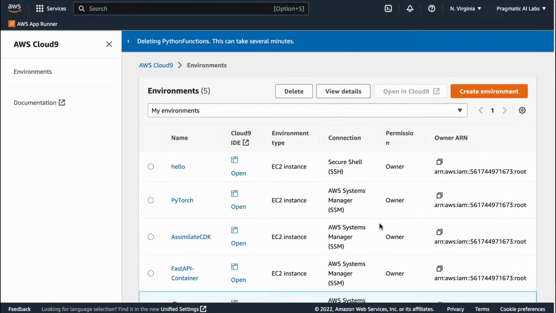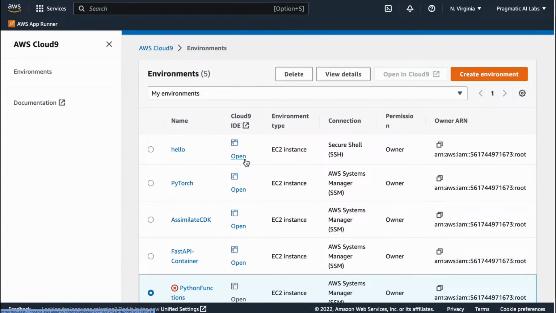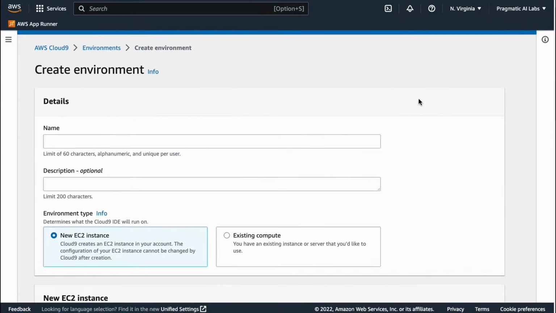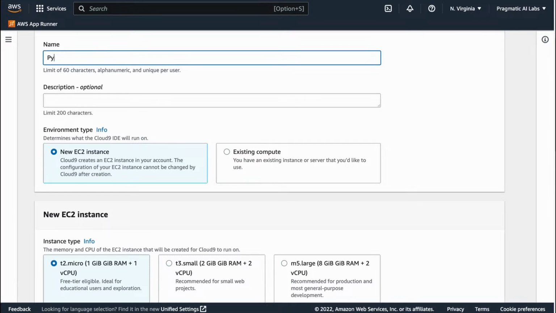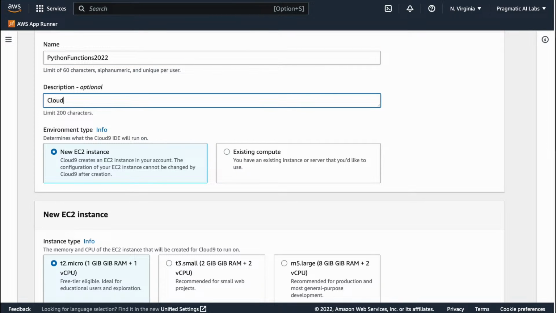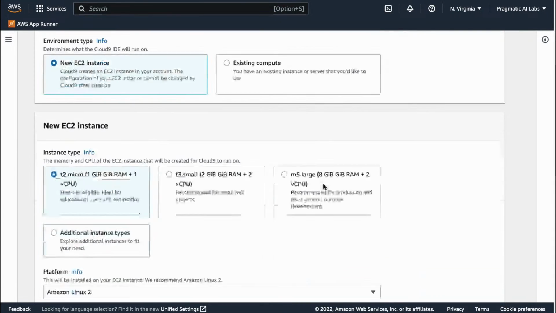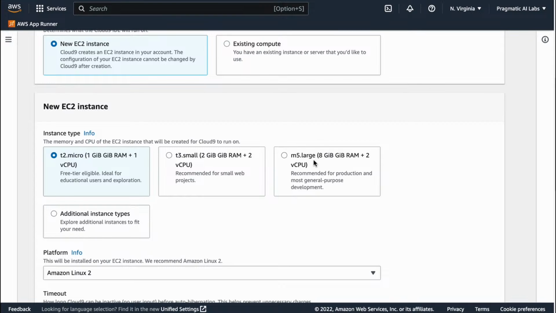But what I could do instead is create a new one. We'll call this one Python functions 2022, and we'll call this Cloud9 plus Code Whisper. Do it again. Yeah, sometimes you get this. There could be an issue with a lot of people using a particular type of instance.